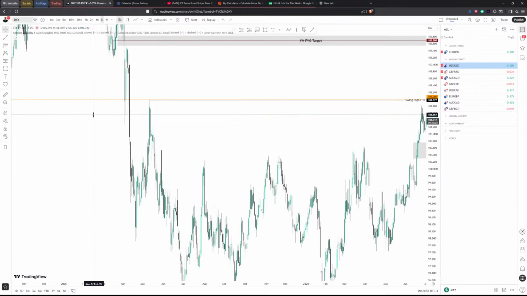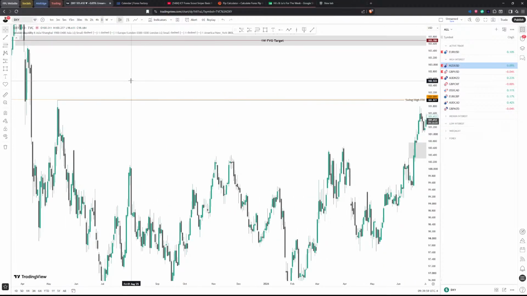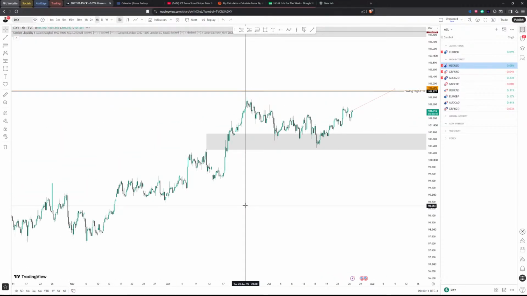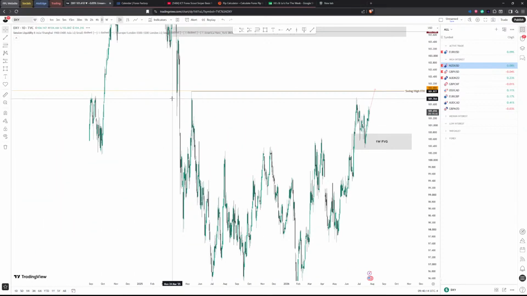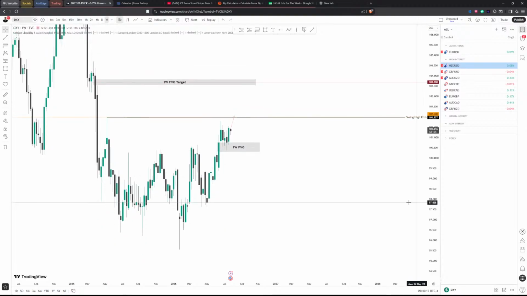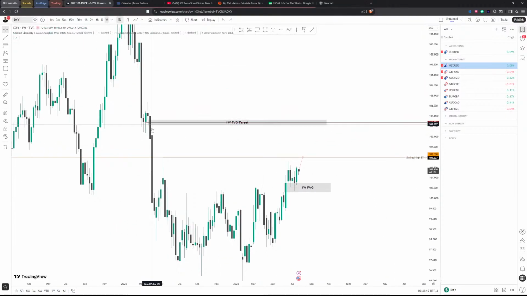So it's a swing high, it's a strong high, it's got solidity. We just explained why we called it an ITH. It's an intermediate, what's it stand for again? I think it's intermittent. Yeah, it's an intermittent high, I think is the correct terminology. So there's that. We also have a weekly fair value gap above right here, which is in line with some institutional order flow, which would be an order block. And that would be our first target right here, this high.